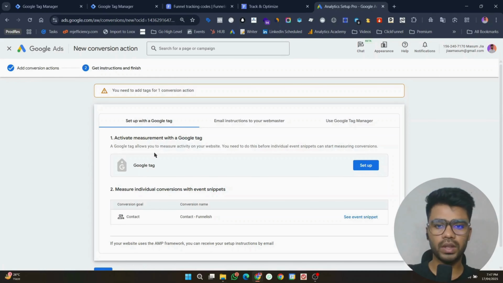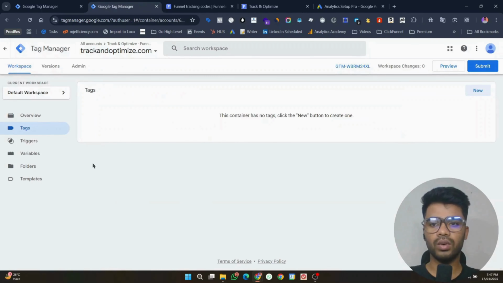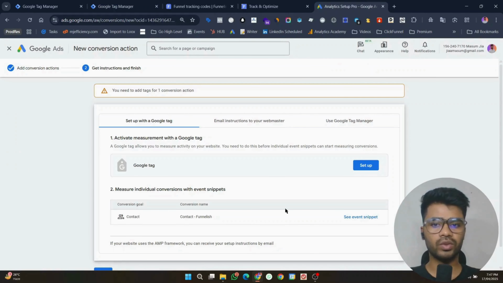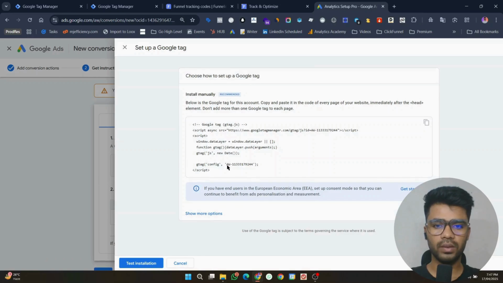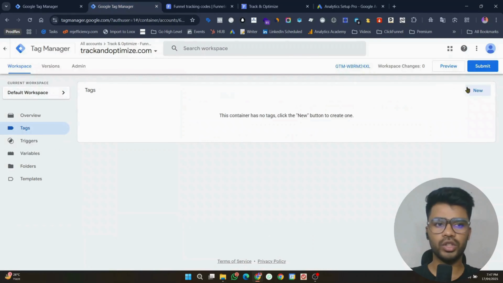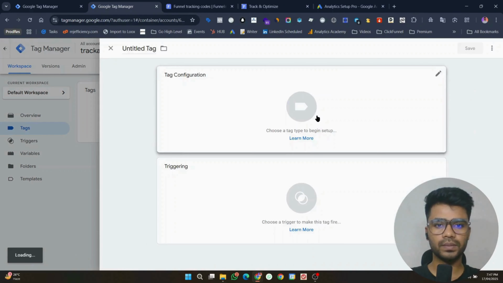So now you need to set up your Google tag, right? Already we have set up our Google tag throughout our, okay, we have no Google tag, right? We first need to set up our Google tag and click on setup. It would just appear with something. Wait. Yeah, we need this ID. Okay, copy this ID. Go to your GTM, click on new,